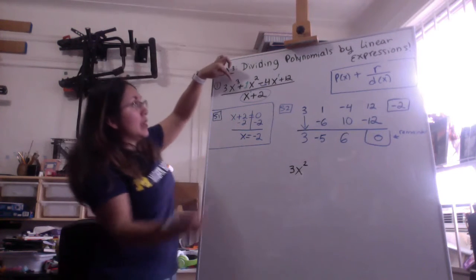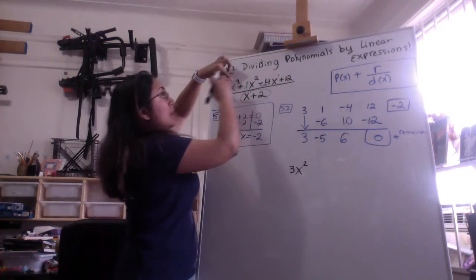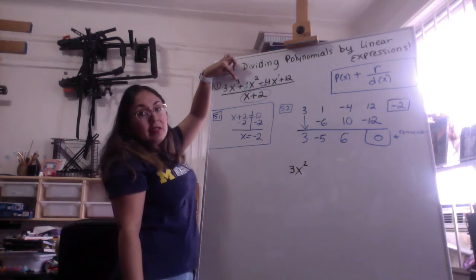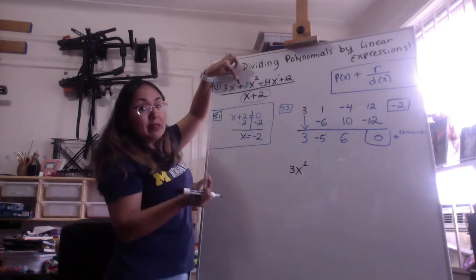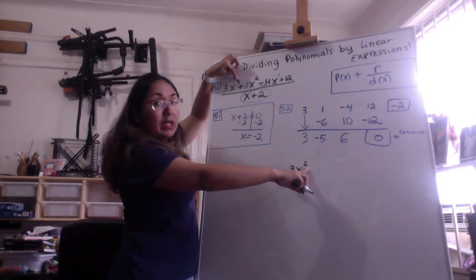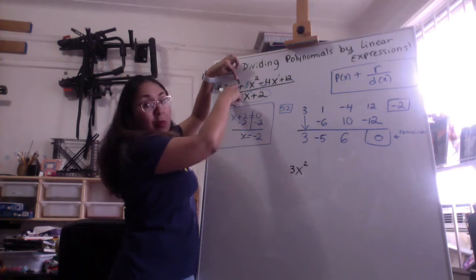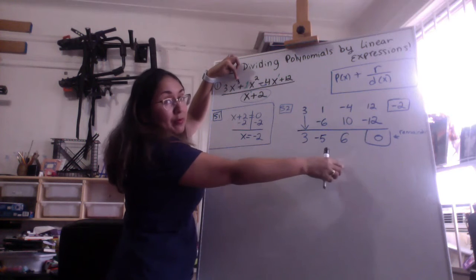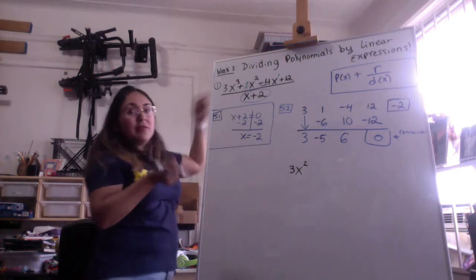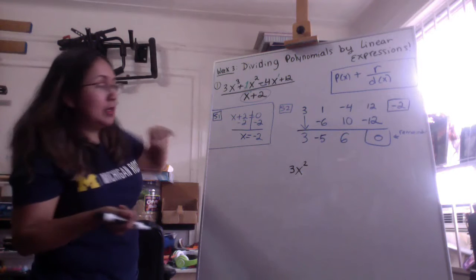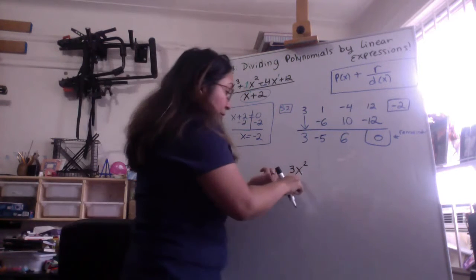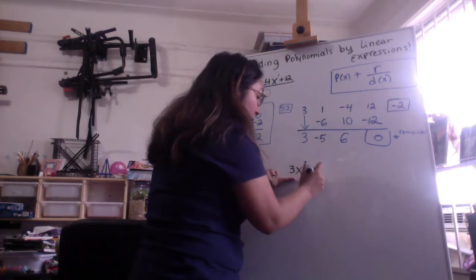Notice that here the dividend has the highest exponent of 3. So its degree is 3. So 1 less is going to be 2. So it's always 1 less than the highest exponent, and then you work your way down. Now why 1 less? Because we're dividing, we're subtracting. Division is repetitive subtraction. So now that I have this, I'm going to bring down the -5, and the next